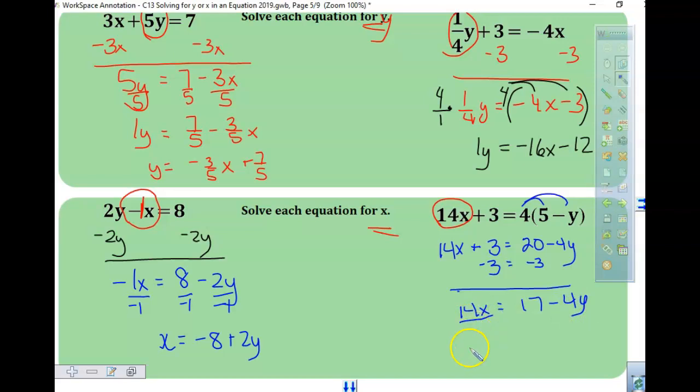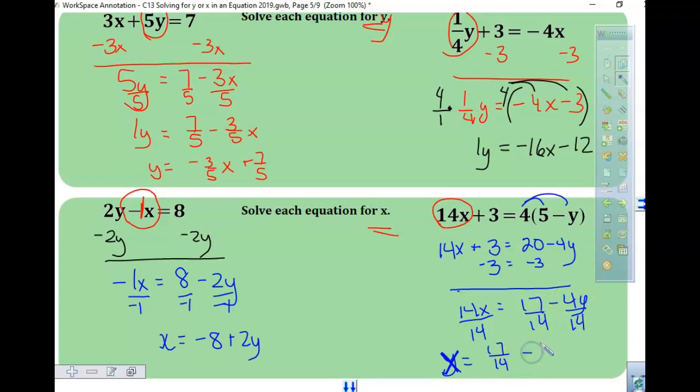And if I'm simplifying this or solving for x, I'm going to divide both sides by 14. Now this one I'm going to do individually because this last term could be simplified, and sometimes you're going to see a simplified answer. x equals, we're going to keep that as 17/14, and then instead of minus 4y/14,